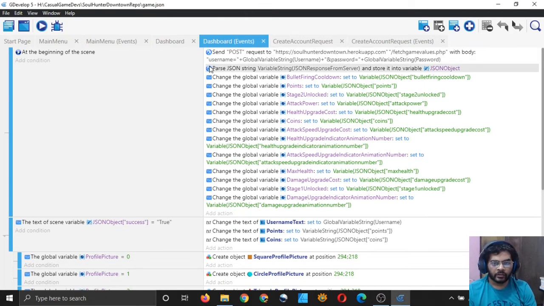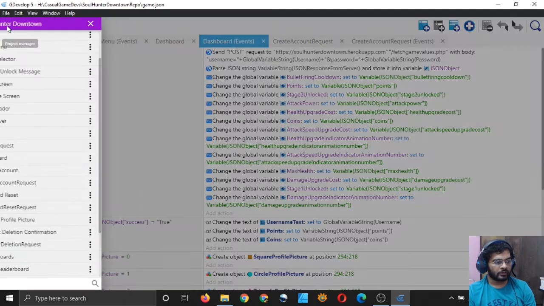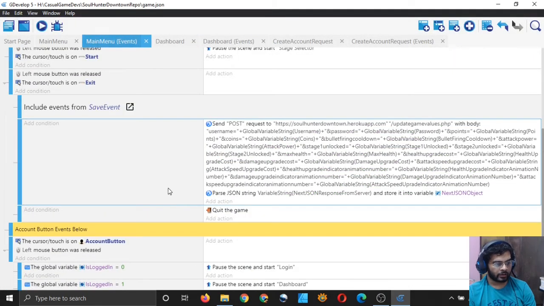So it seems that they are just saying that you send a request, and if you don't get anything, that means your net is not working, right? We were able to handle that in the rest of our scenes. But when it comes to saving the game, we are not going to send the user any message that, oh my god, your net is not working. The game will only be saved on your device and not on the cloud. Okay, we will see how to do that.